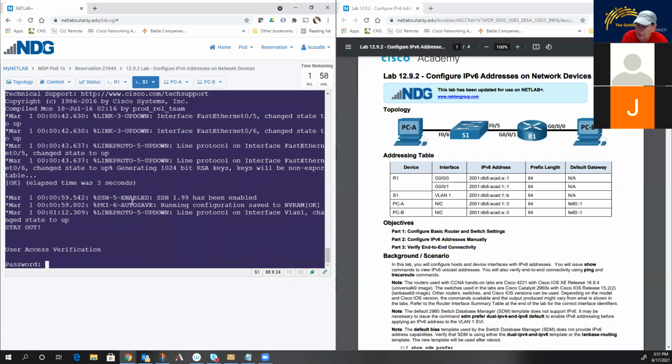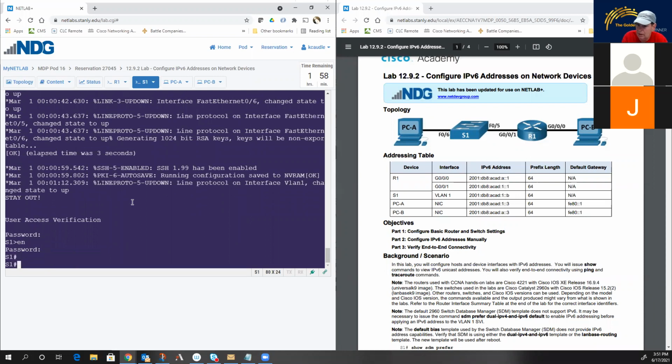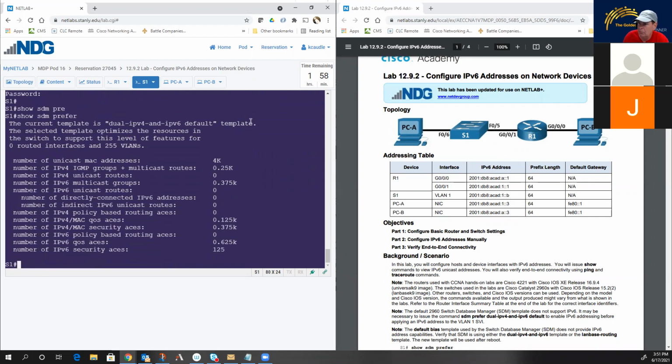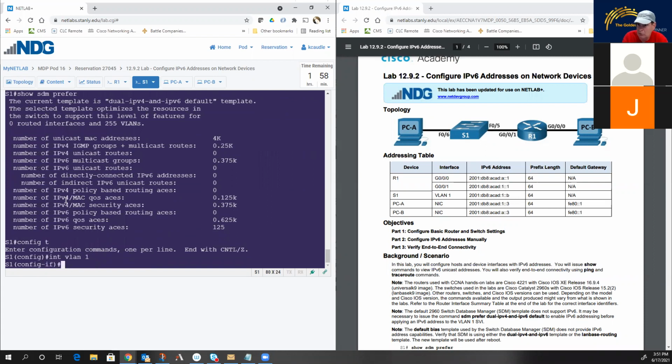Okay. Now switches up. So let's do here. Now we can do a show SDM prefer. And you'll see now it supports IPv6, IPv4. So now we can actually go in here and remember on a switch, the only difference between a switch and a router is we have to use switch virtual interfaces. In this case, we're using VLAN 1. And so I do IPv6 address of